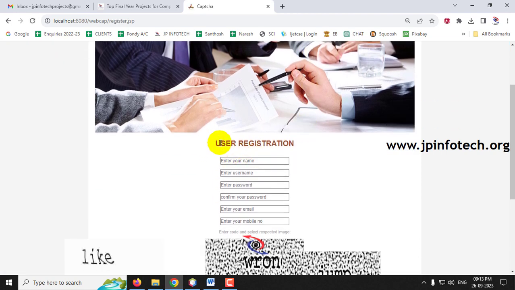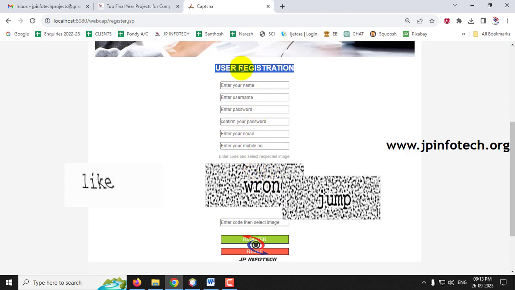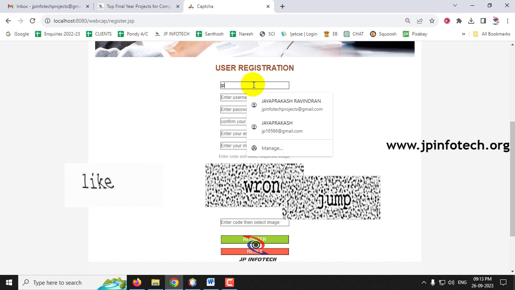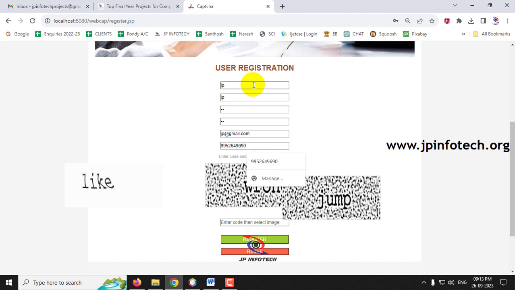It will be navigated to the user registration page once after clicking the register page. So here the user will be registering. I'll just enter the details: my name as JP, username as JP, password as JP, email ID and my mobile number. And coming to the important point, here you can see enter the code and select